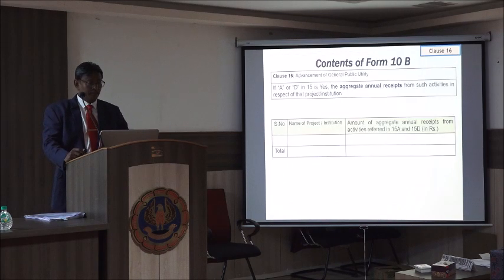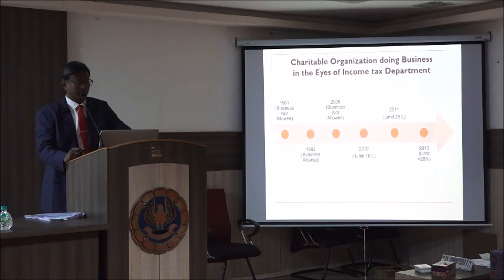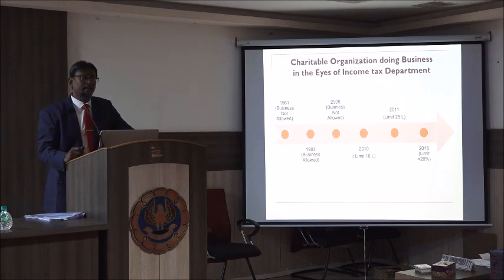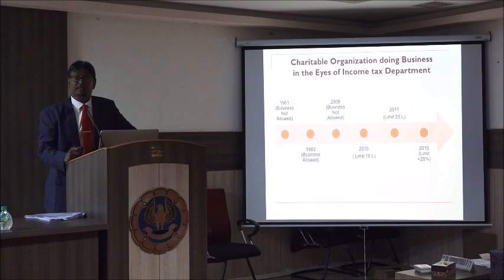So அவன் கேட்குறான், நீங்கள் aggregate of annual receipts, advancement of general public utility அப்படிங்கிறதுல what is your aggregate receipts அப்படின்னு கேட்குறான். So the government had a dilemma, whether a non-profit organization should be allowed to do business or not. See, one school of thought is, yes, they will run the organization with donations, so they should not be allowed to do business. But the other school of thought is, yes, they should be allowed for self-sustenance. How long will they be getting the funds and donations?